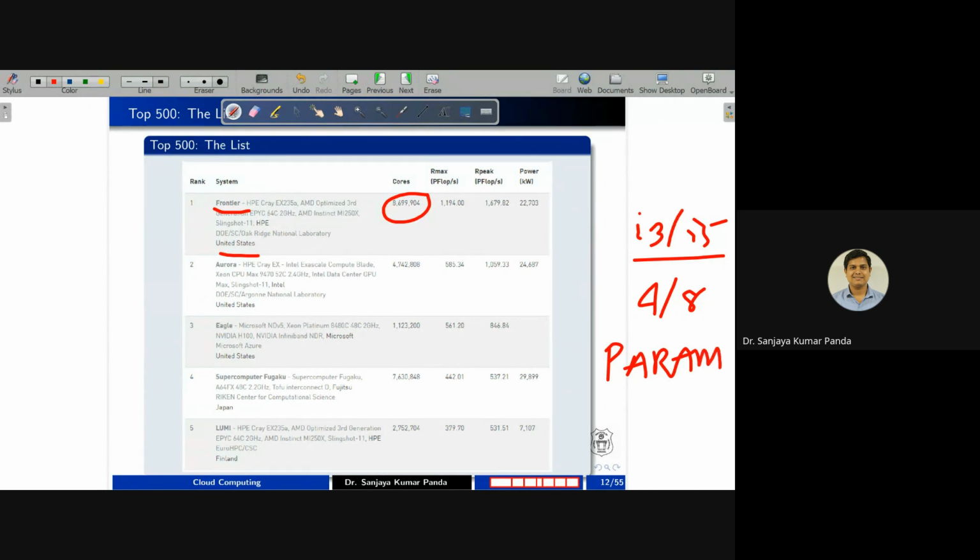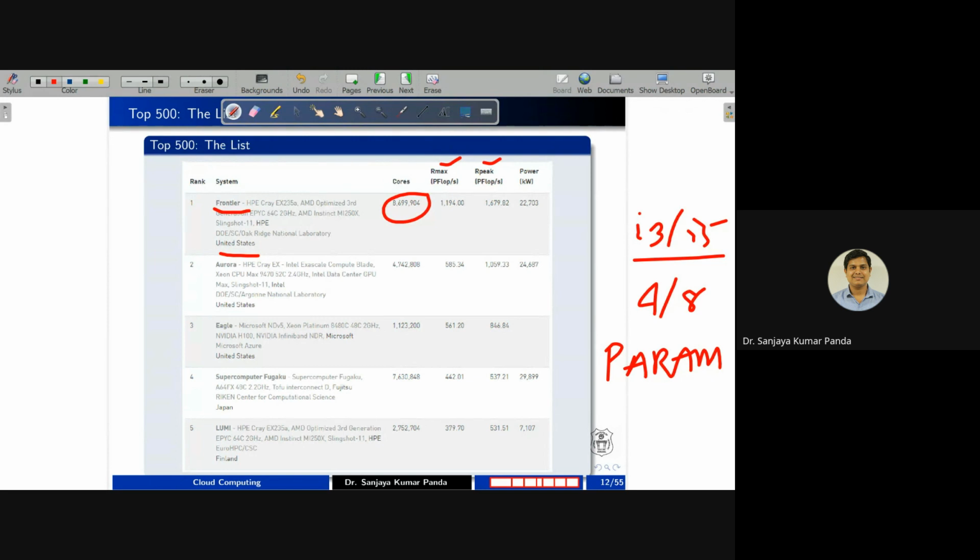So placing everything into a centralized setup is not a good solution because it may lead to a single point of failure. So what do we want? We want computational power in a distributed system, not in a centralized system. You can also see here how many petaflops, like we calculate a million instructions per second, how many instructions you can process through the supercomputer is mentioned here. This is the RMax and this is the RPeak.